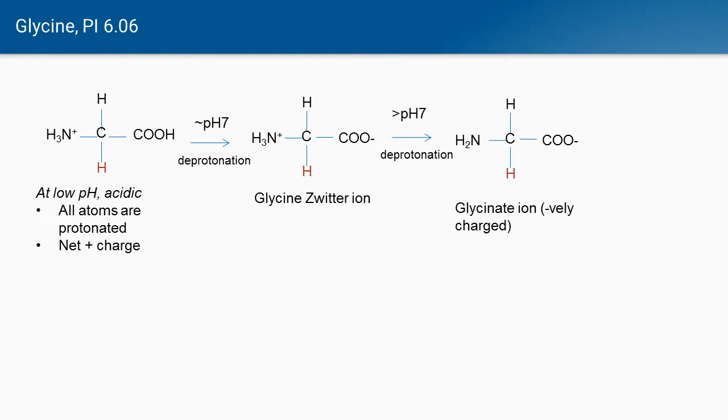Further, when the pH is increased beyond 7, there is more hydroxide ion concentration. So now again deprotonation happens, and it happens from the amino group. In this way glycine acquires a net negative charge and forms glycinate ions. So students, keep this in mind and you will be able to answer why the mobility of glycine or glycinate ion is different in the stacking gel as well as in the resolving gel.